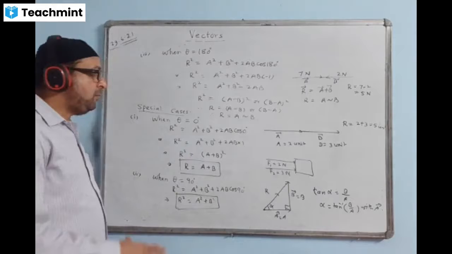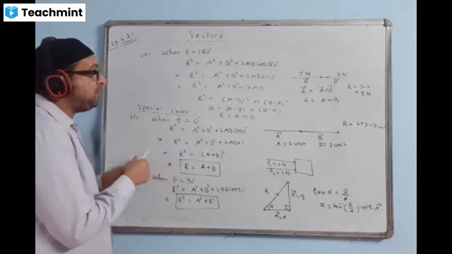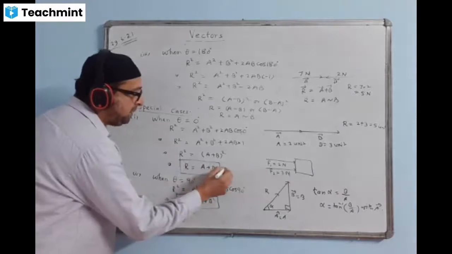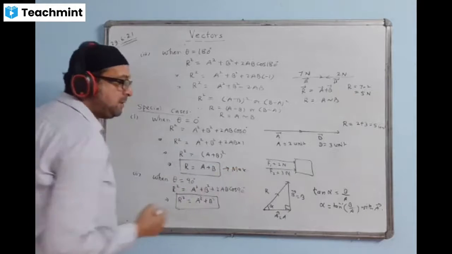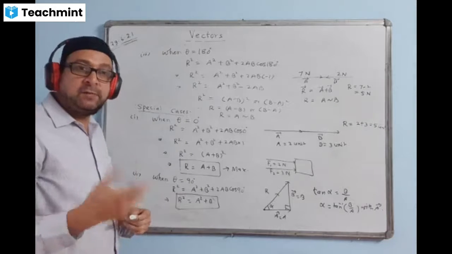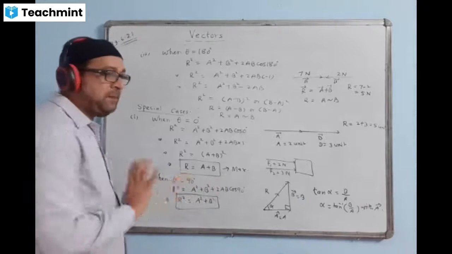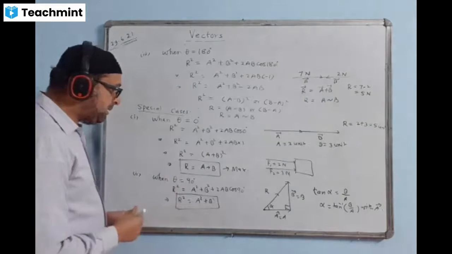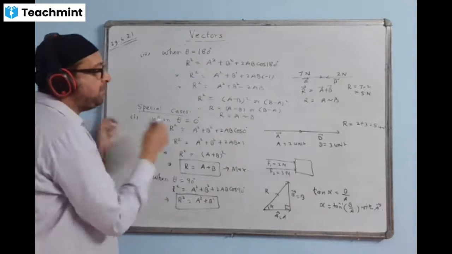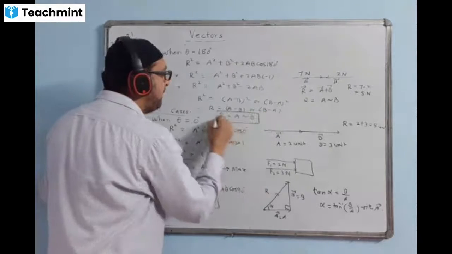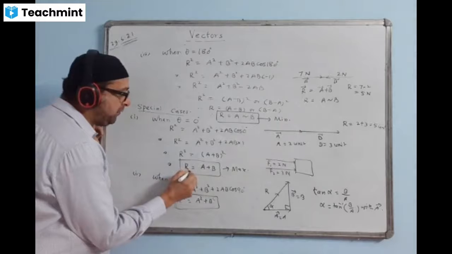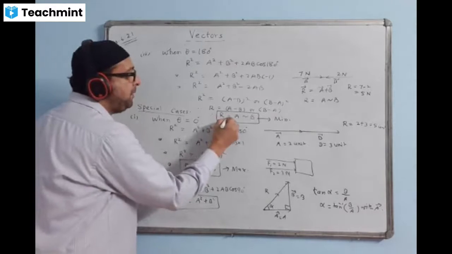Okay. Now, the resultant of the addition of vectors, R equal to A plus B, is the maximum value. We can write here, this will give the maximum value. The maximum magnitude of the resultant of two vectors can be equal to A plus B, simple addition. And the minimum resultant will come by subtraction. This will give the minimum value. You can write R max here, and you can add R min, R minimum.